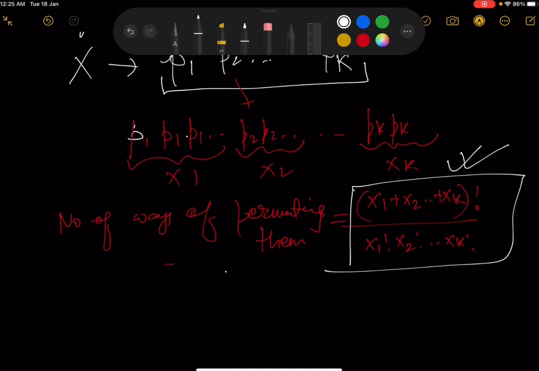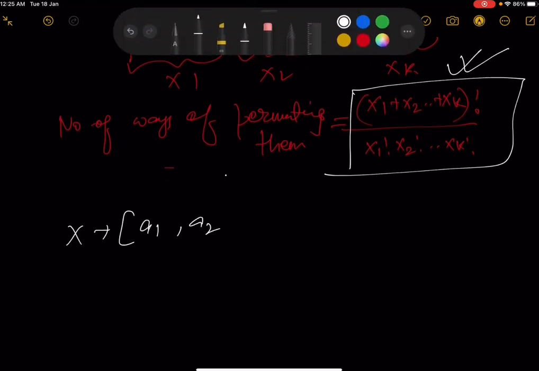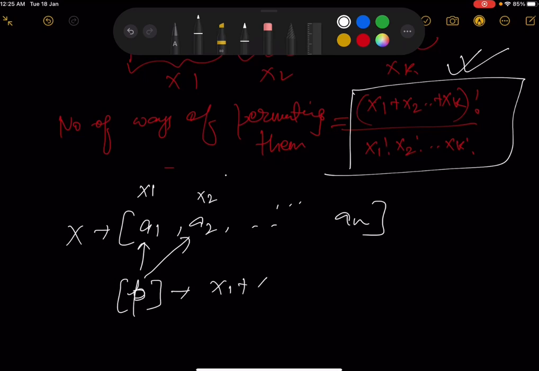Now since we are not given the actual value of x, we are given x as an array like this, a1, a2, and so on up to n. So what we can do is simply add the frequency of the prime factors over all the numbers. Let's say there is some prime number p which occurs x1 times in a1, and p occurs x2 times in a2, and so on. Then the occurrence of p will be equal to x1 plus x2, and so on; we simply add all the occurrences of p over all the numbers. For doing this you can use a map or something like that, and once you store the frequency of all the prime numbers,